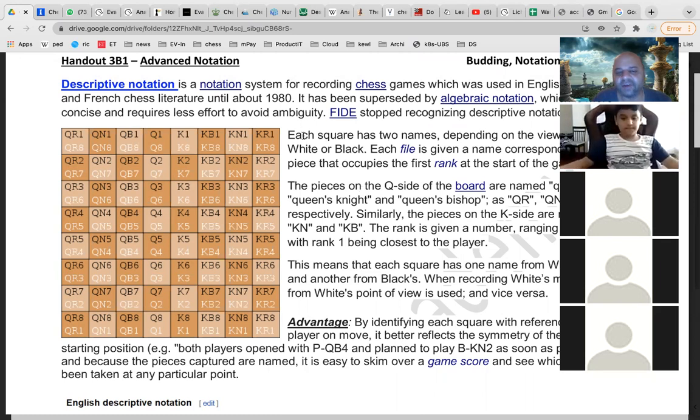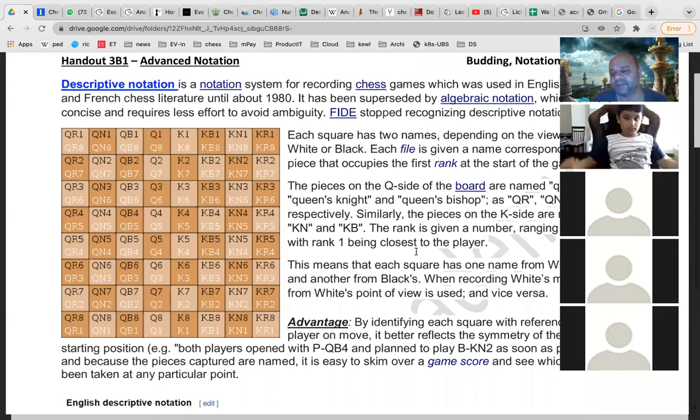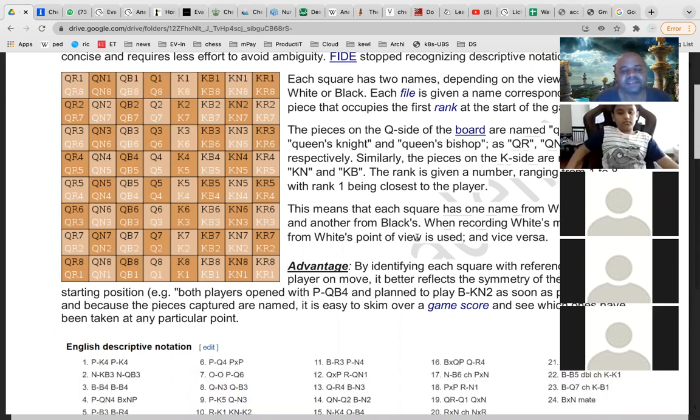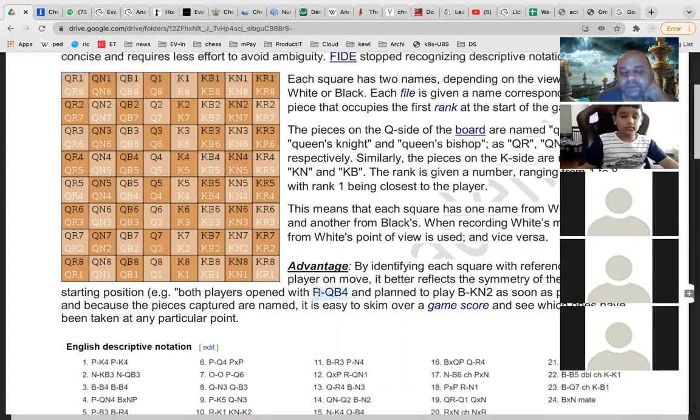And again, this is just for reference. You keep it. If you come across some book like this, then you have to use it. So today you are just going to learn it briefly. In this notation, the pawn is explicitly written with a symbol, capital P. So P dash QB4 means the pawn is moving to queen side bishop 4. That is what this means.